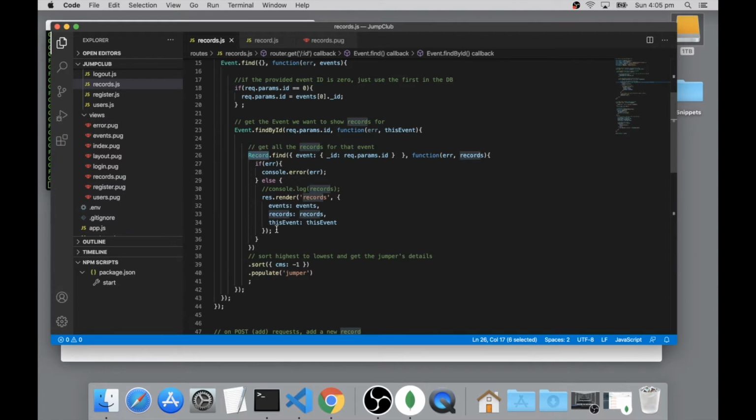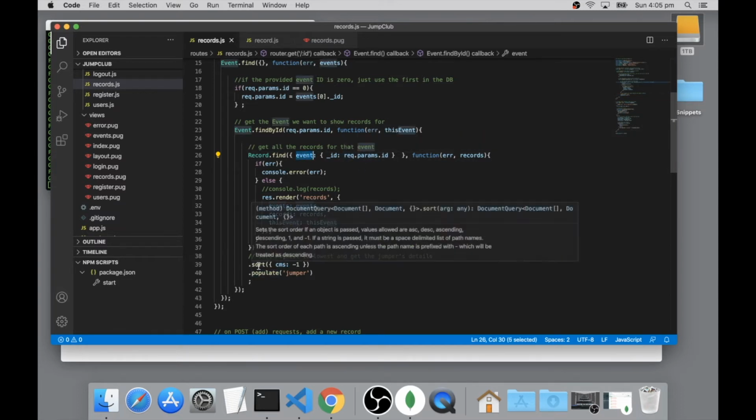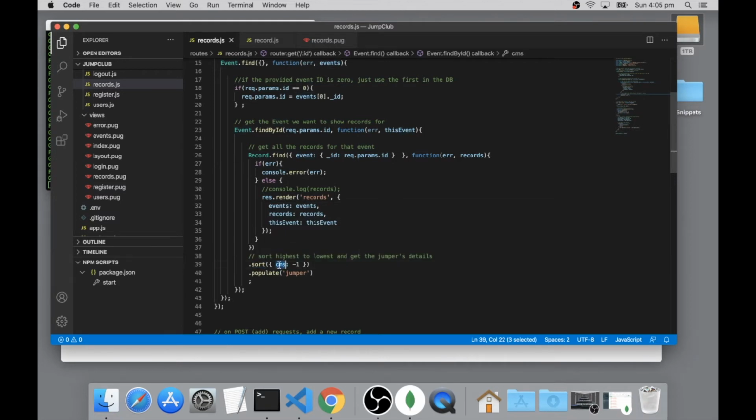So when we do record.find, we can add extra instructions, dot sort and dot populate, which means when we get this record.find, every record relating to this event ID, so every high jump record, say, then sort those by the centimeters. So sort all of the records, but sort them by the centimeters column, if you like, and populate